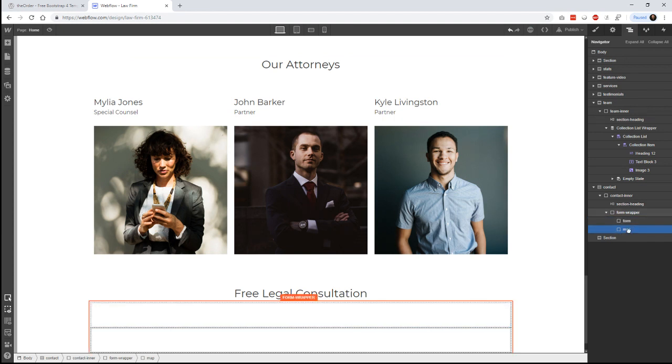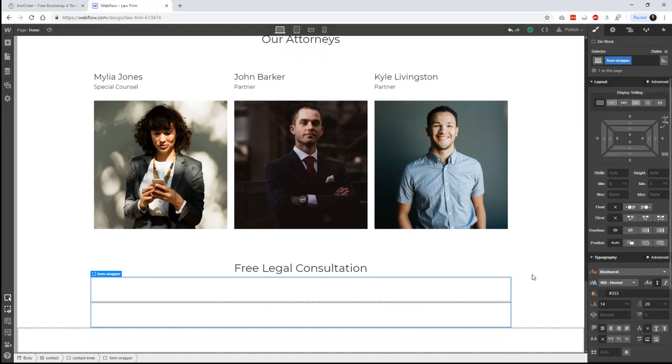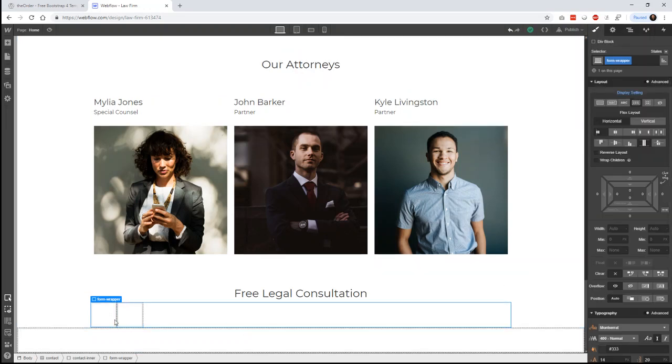And we'll just rearrange those. Okay, so you can see them down here. They're not flexed, so you can see each of our divs takes up 100% of the space, and it is a block level element, so it takes up the full line. Let's go ahead and make that form wrapper display block to display flex. And so now you see that our two elements are side by side,